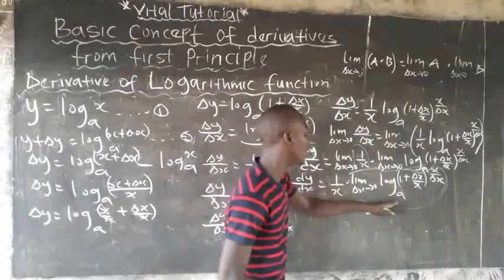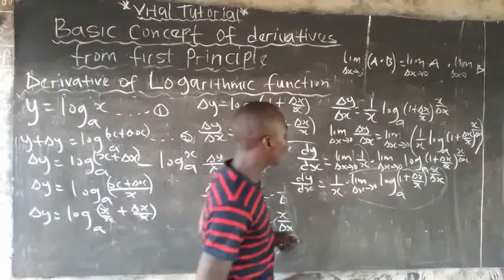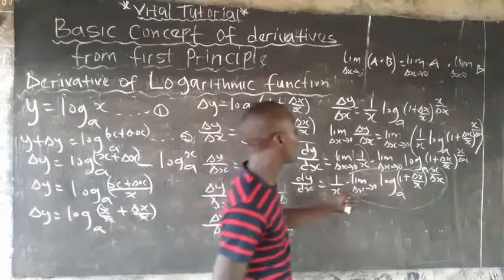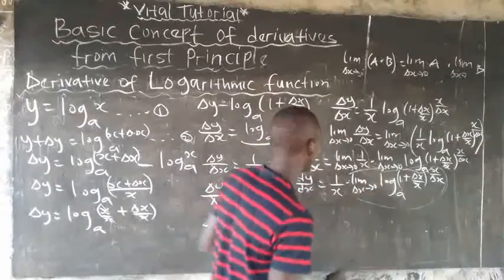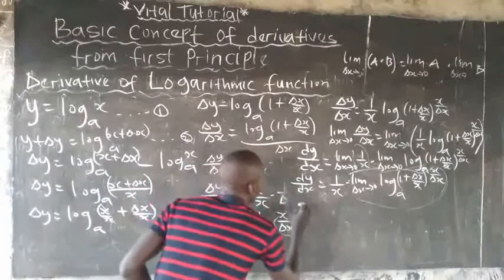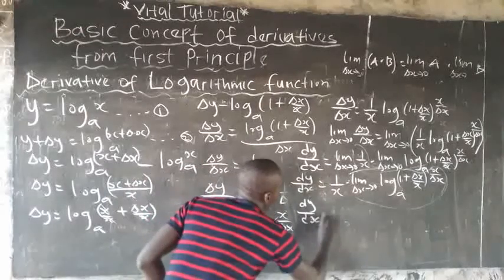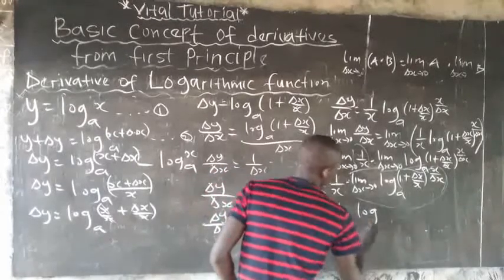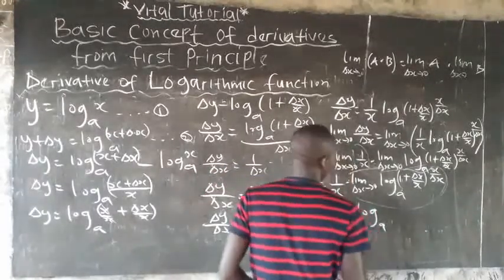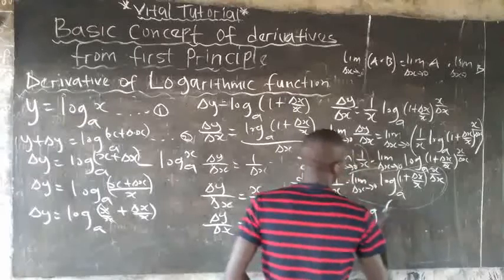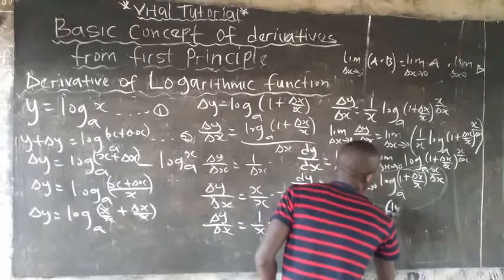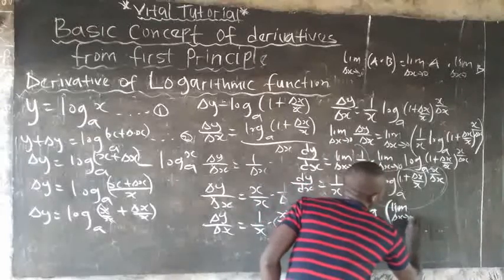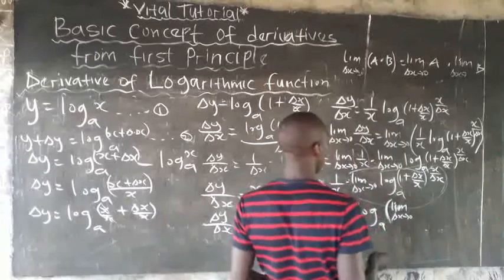Then I'll take the limit. But I want to show you that the limit as change in s approaches 0 of the log of this. Let me bring it out so that it will make more sense. The dy over ds is equal to 1 all over s, the log to base a of the limit as change in s approaches 0 of